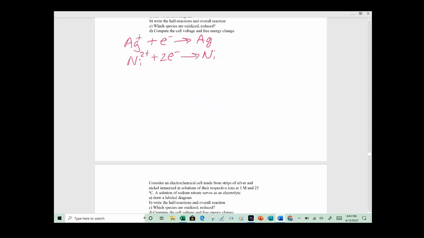For the first reduction, E0 is plus, and for the nickel, so we know we need to flip the second reaction and make it an oxidation. So then overall we have